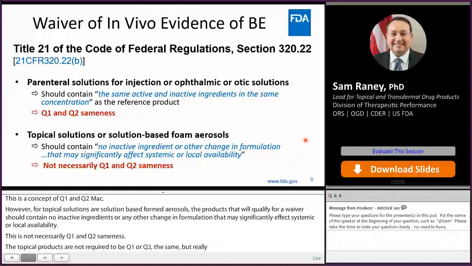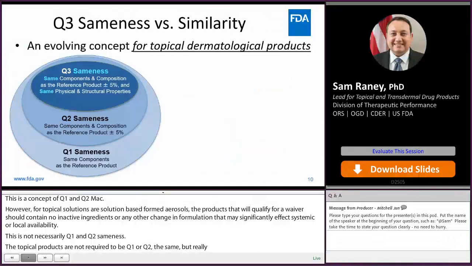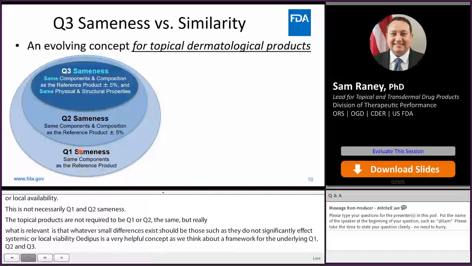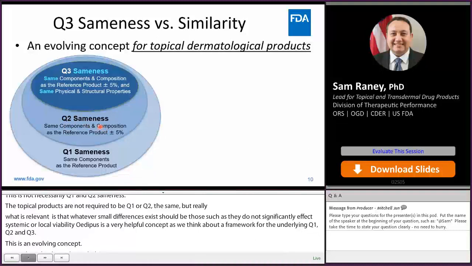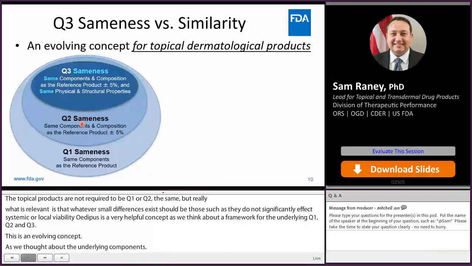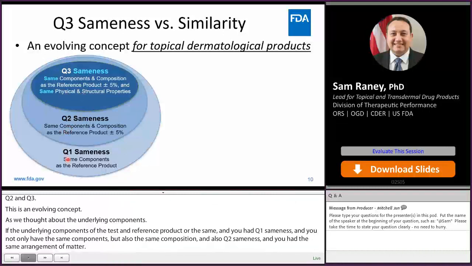And this is a very helpful concept as we think about a framework for the underlying Q1, Q2, and Q3. This is an evolving concept for topical dermatological products that began as we thought about the underlying components. If the underlying components of the test and reference product were the same, and you had Q1 sameness, and you not only had the same components but also the same composition, and therefore also had Q2 sameness, and you had the same arrangement of matter, the same physical and structural properties of the same underlying matter, then you would have